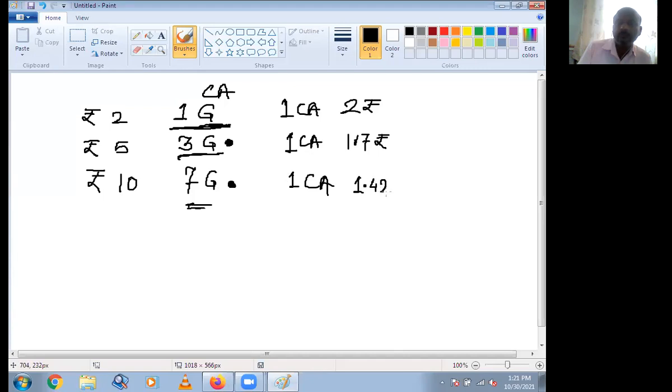So whenever you are purchasing less number of elements, then the price is high. Whenever you are purchasing a maximum number of elements, then the price is low. Are you getting?